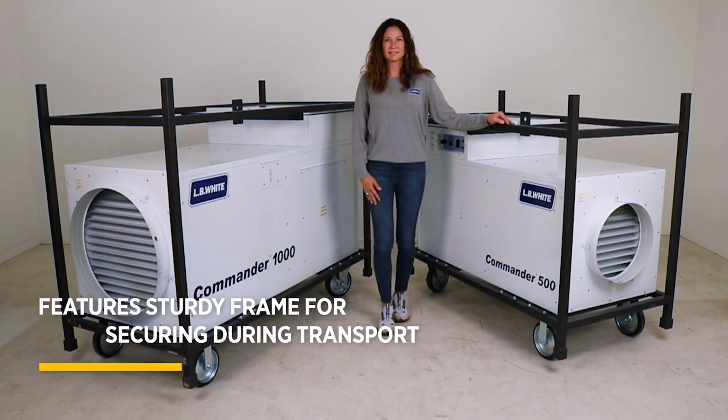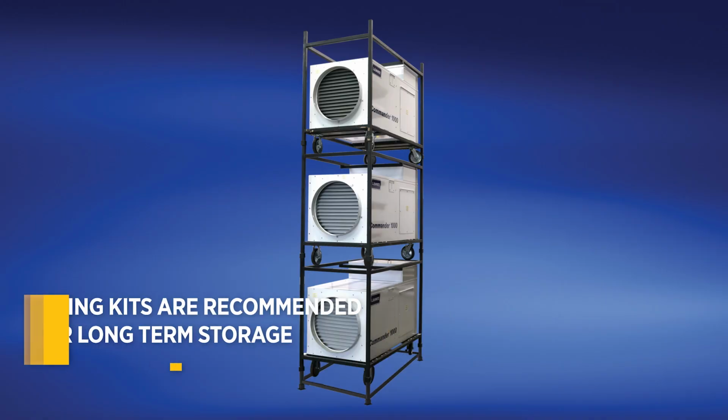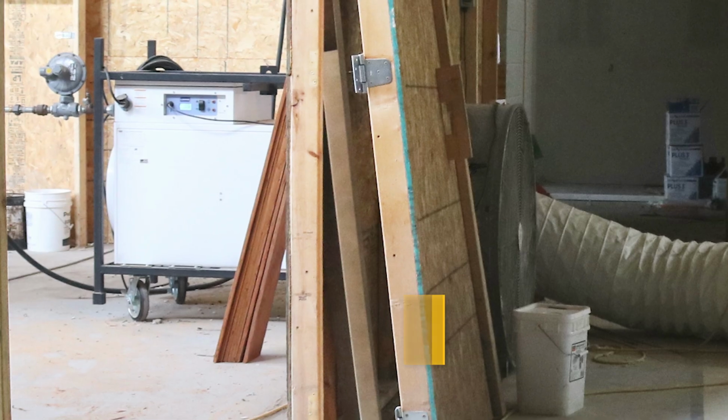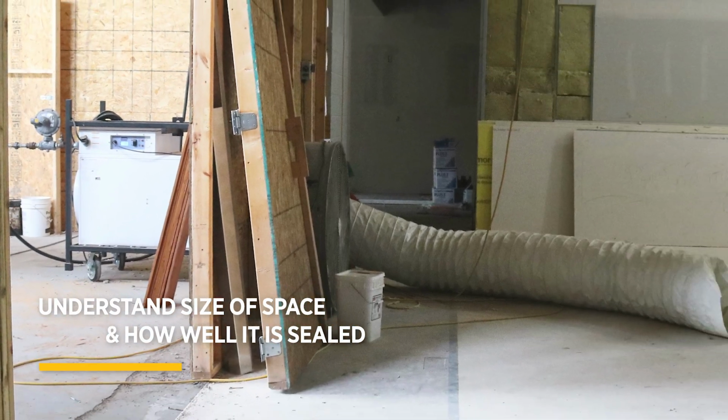All Commanders have a sturdy frame for securing during transport. For long-term storage, it is recommended to utilize stacking kits that remove added weight on the caster and stabilize the units. When selecting a makeup air unit, it's important to understand the overall size of the space and how well